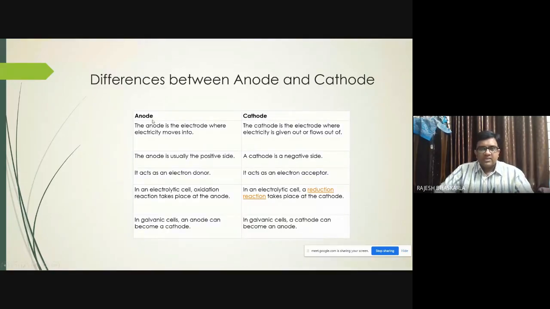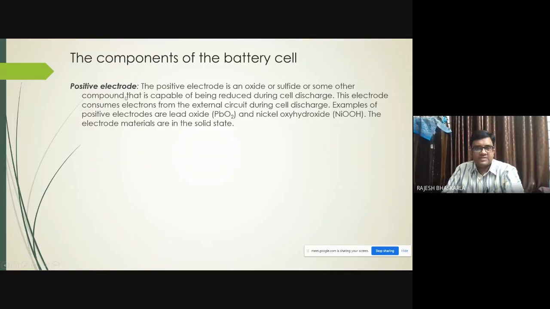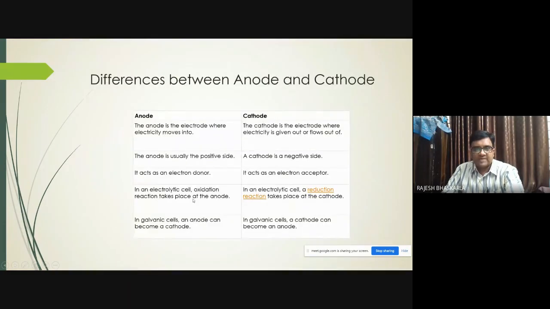Can you explain once more? Right. See, this oxidation process takes place at the anode in an electrolytic cell. But what we discussed earlier, if you observe in our presentation, what is happening at the positive electrode? Reduction is happening. And at the negative electrode, oxidation is happening. Here, at the positive electrode oxidation is happening, and at the negative electrode reduction is happening. This is reverse. So this you have to understand.